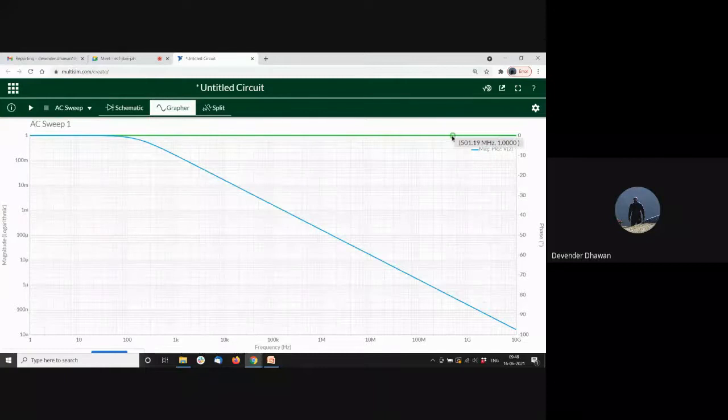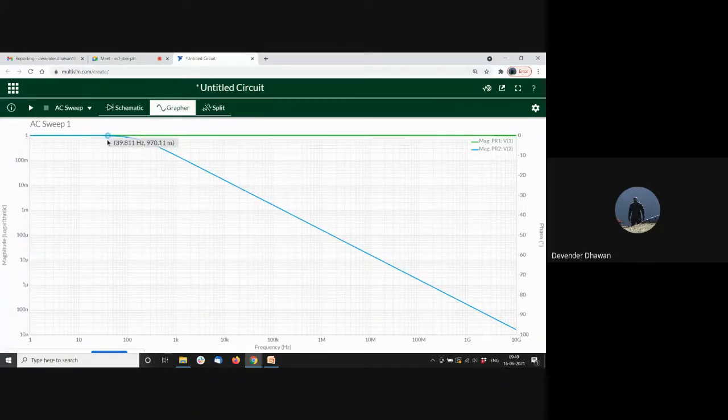Okay. So for all the frequencies, the input will remain constant, as we know that. And the blue one is our output signal. You can see that till some point it is constant, and after some point it starts dropping, and then it almost comes down to 0 around 10 gigahertz. If we move this roughly, this is the point where it starts dropping, which we can calculate. You can see that it is roughly around 158.4, which is 159, what we were looking at. So this is how this is working.